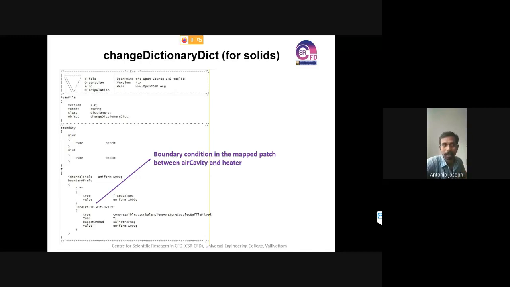Here we can see that the value of thermal conductivity K is calculated using the solid thermo model, because that's a solid one. Initially it was a fluid, that's why we calculated it using fluid thermo. Now it's being calculated using solid thermo. And again, the temperature given is the same. There should not be any variation in the values that we are specifying, so I am giving it as 1000 only. So that's about the boundary conditions given for the heater.